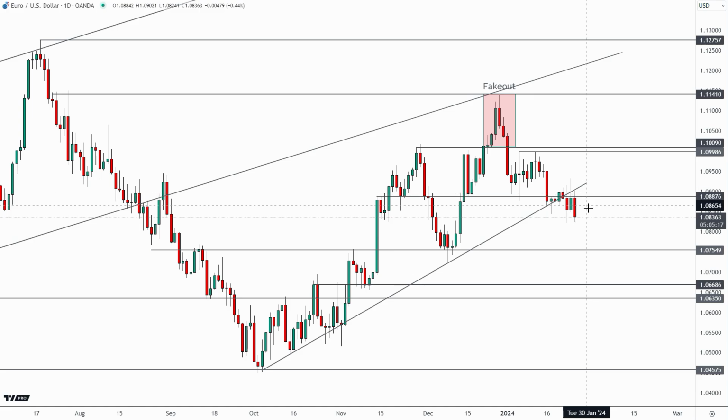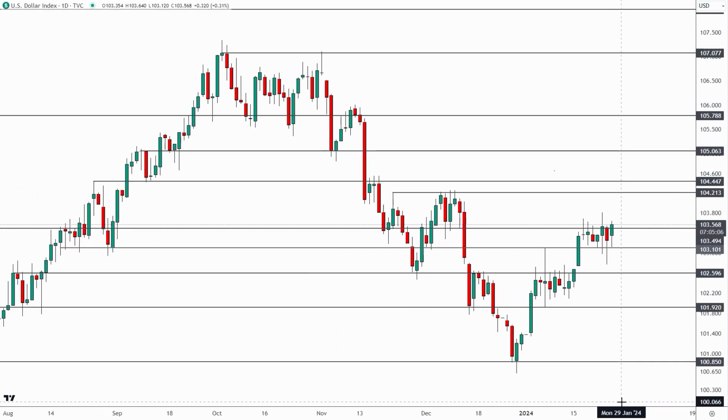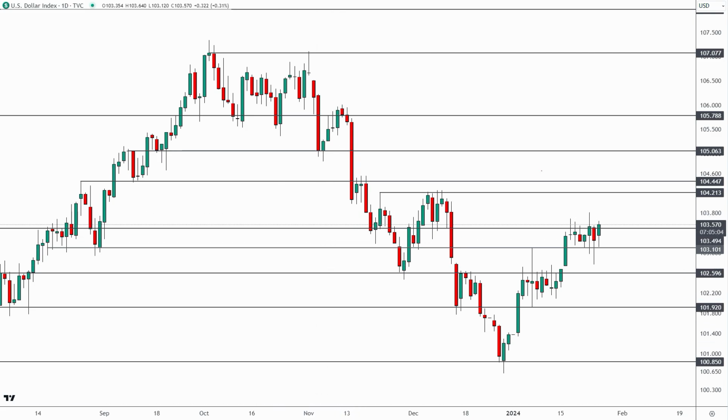So I'm not going to celebrate that because my target is much lower here, but I do also have targets along the way. And I still want to see, guys, the DXY get above 103.50. That's going to be critical. This area up here, along with 104.20, is the one I've talked about, where if we were to see a breakout above this, this is going to be a significant resistance. But if in the coming days and weeks we were to see a breakout above this, then that would completely change the structure from bearish to bullish, because it would give us that first higher high. We'd have to get a higher high and a higher low, but that could definitely change the entire structure that we've seen here